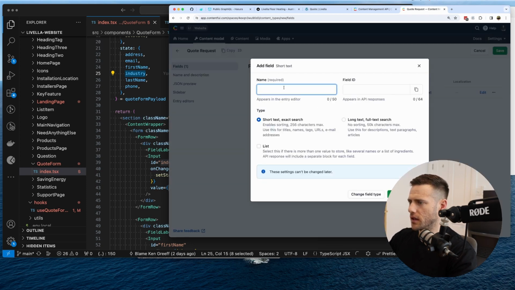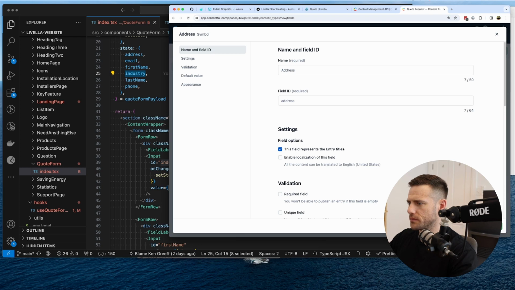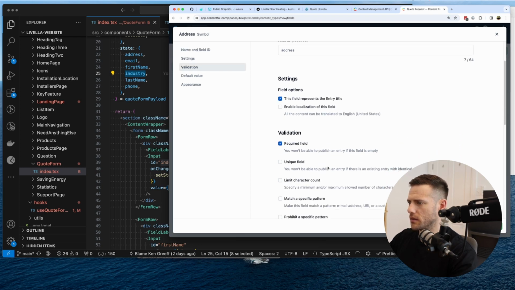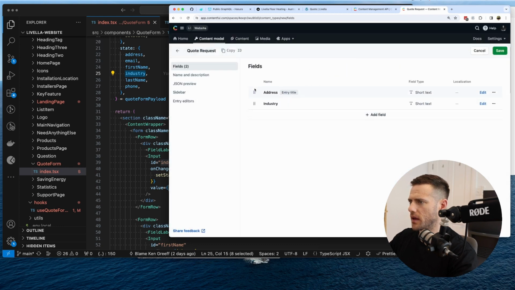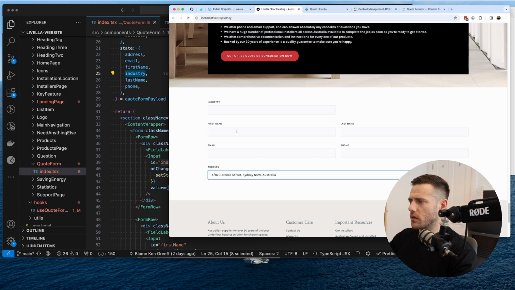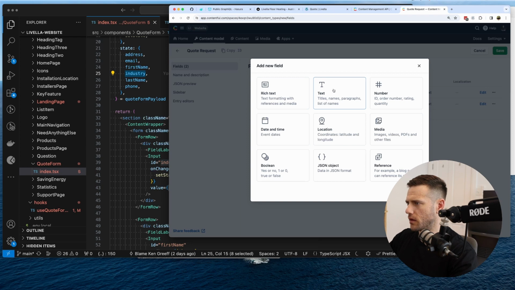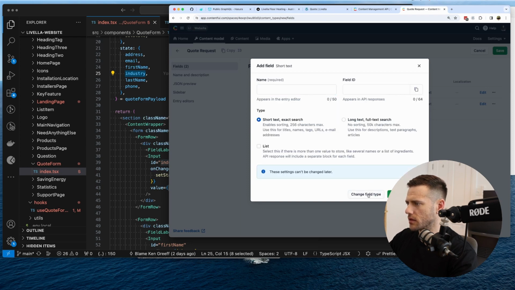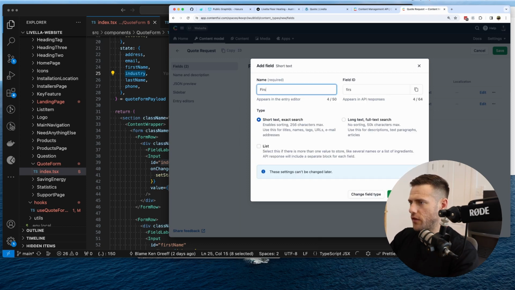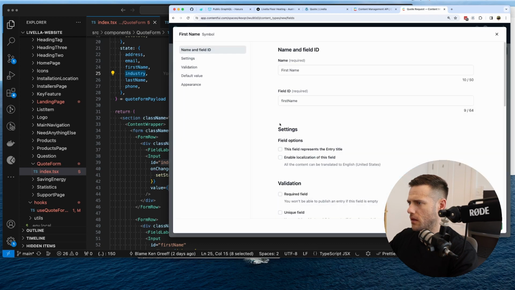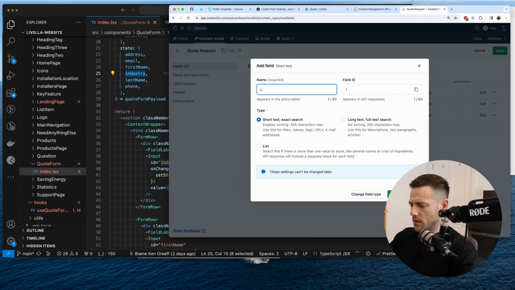We'll add another field here and we'll go address. Now we'll use this one as the title field. It is required. It doesn't have to be unique. So we're going to hit that. We'll make that first. Now the other ones, so we've got first name, last name, email, phone. Let's just see what else. Do they have anything like phone number? I think we just go here, first name. Yep, it's required. We're going to add another one, text, last name,